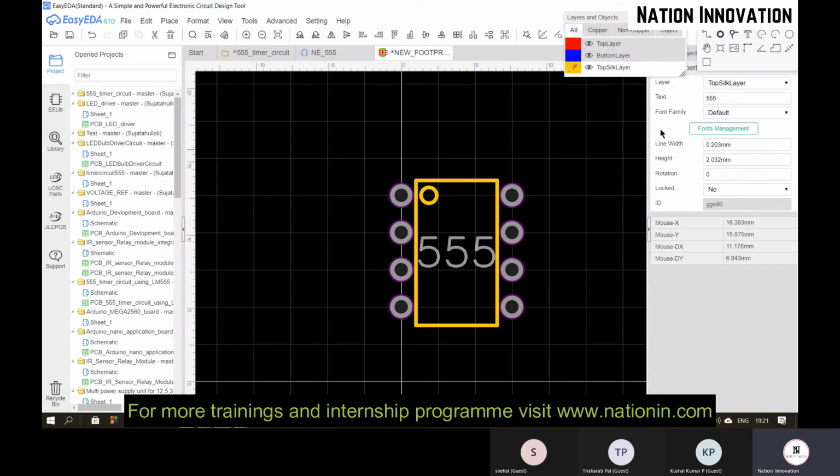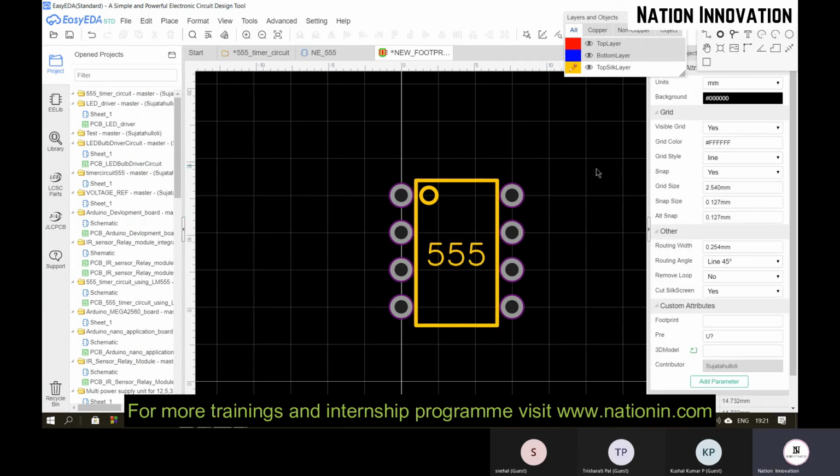You can change its height and width. It is 0.203. We'll make it 1.5. So the width has reduced. We'll again reduce its height. This is fine for me.